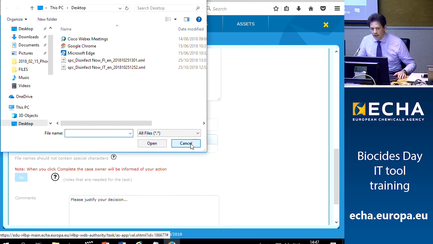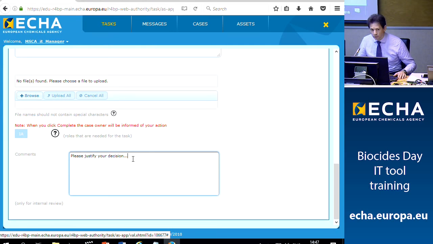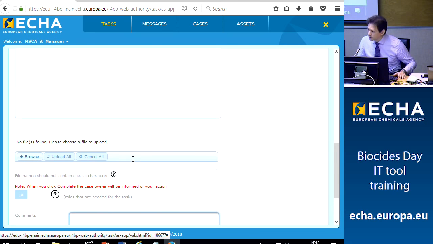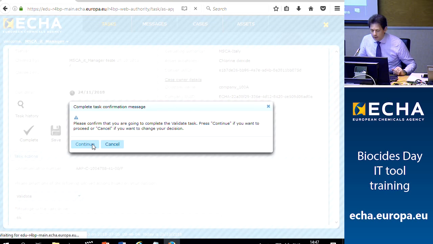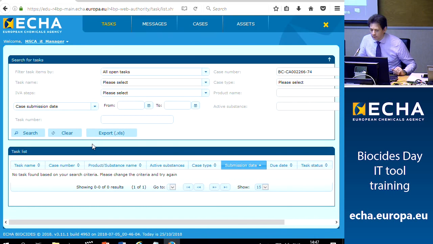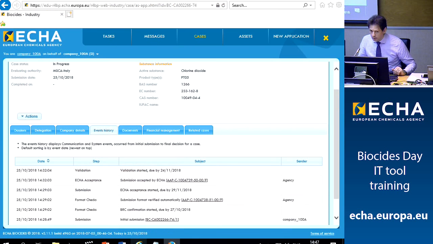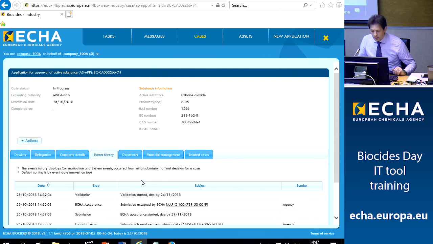If needed, they can upload the file. We don't do that in this case. And they can also justify further the decision. When that is done, they can click on complete and continue. The validation is done. What would you see if you go back to your company page that is open in your other browser,